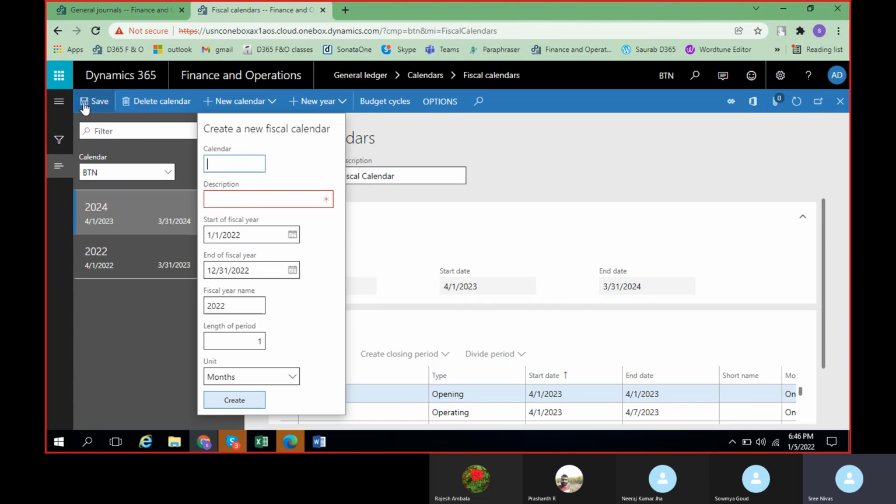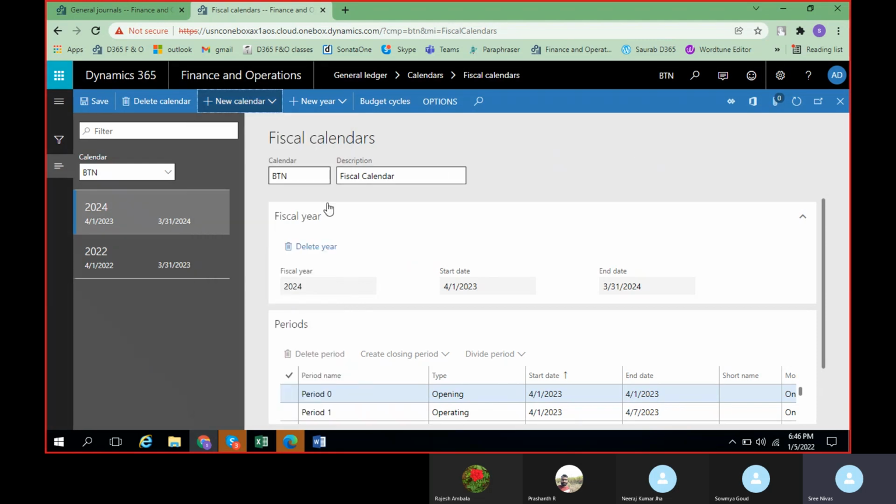Then we will have to show them step by step. First you need to check in your demo environment; you will be given access to the UAT, user acceptance testing environment. You will check whether it is working or not.